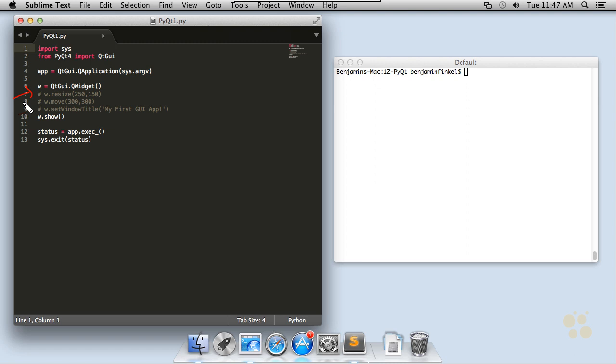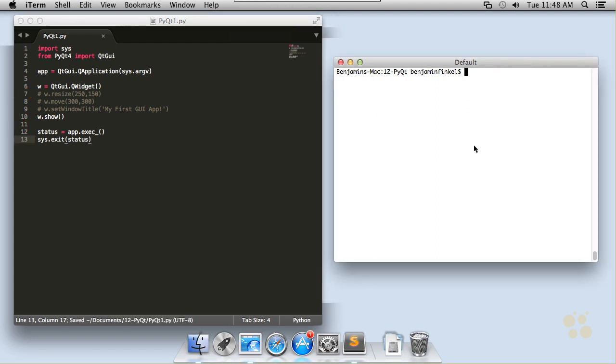The widget object is the top level object, and it simply represents a window. And all I have to do to get it to appear is call window.show or qwidget.show. That's going to make it visible on my screen. So again, all we're doing is creating an application, creating a window, and then showing the window, and then entering our endless loop. And if we go ahead and run this program,